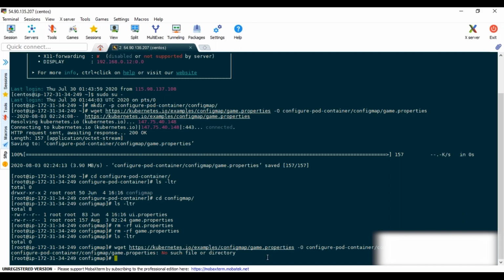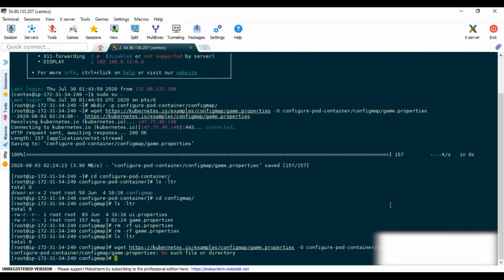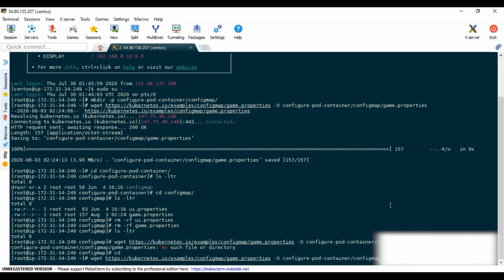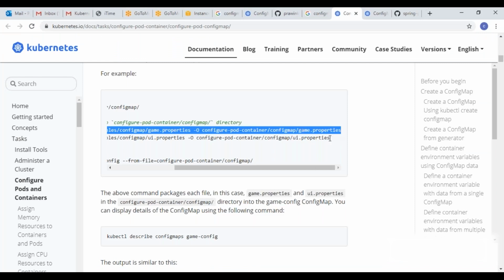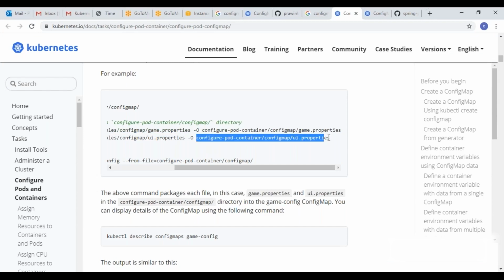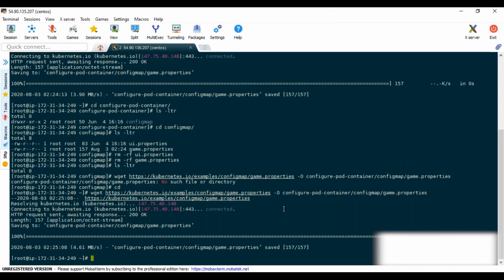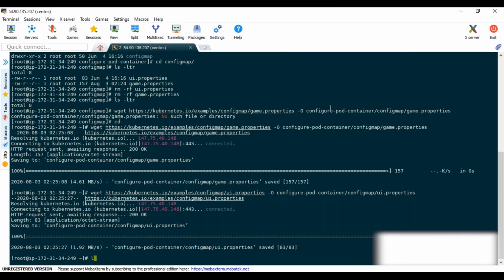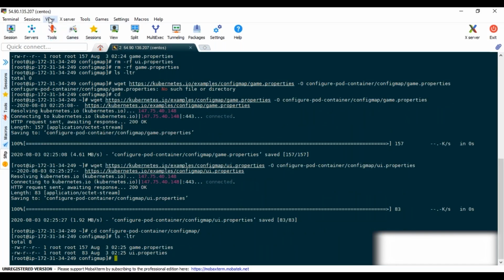Okay, no need, because the path is already mentioned here. So it will go and download there. We do not need to go inside the directory, it's not mandatory, because the output will be stored inside this specific path. So I'm downloading the second one. Now I'll go inside that path and we'll see two files have been